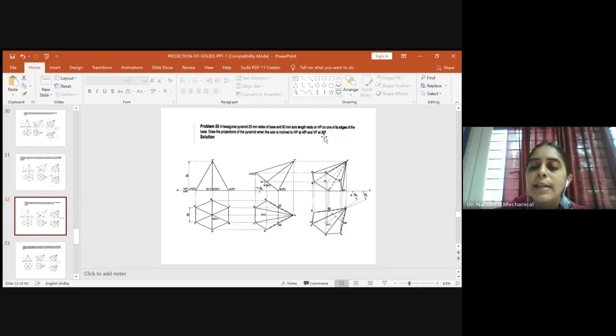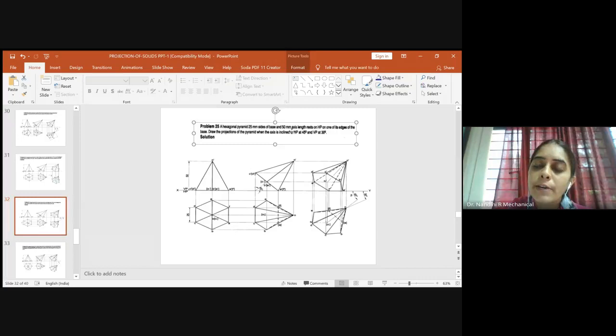In the same problem, if it was told that the axis appears to be inclined to VP at 30, then we were not supposed to determine the beta angle. We would directly shift the apparent length of the second stage to the third stage with respect to the inclination of VP. So every time you have to read the question very carefully, whether it says appears to be or it is directly inclined, whenever it is a problem on axis inclination. Here it is directly told that it is inclined to VP at 30, so we start with the beta angle.